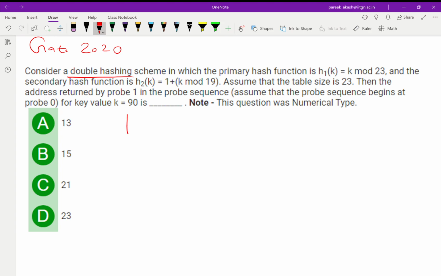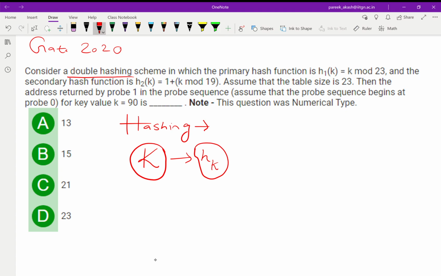So the first part is what we mean by hashing. The basic idea behind hashing is to take a key, suppose K, and convert it to another key, suppose HK, where this HK will represent either the position where I have to store this key or the position from where I can find this key.